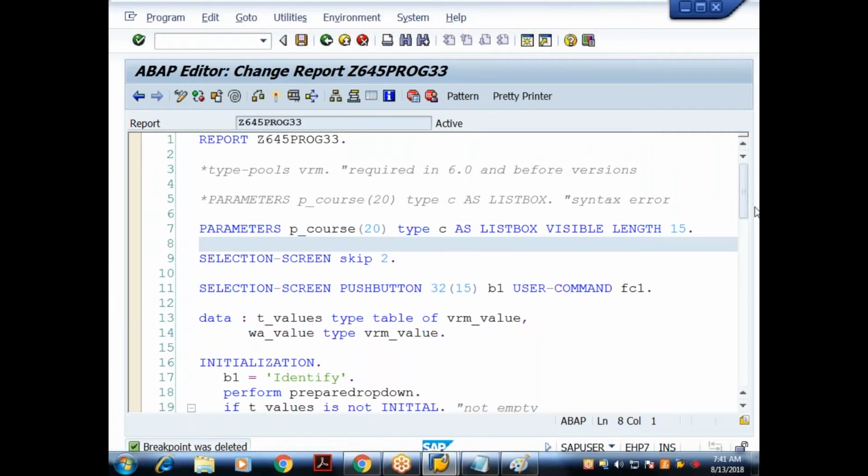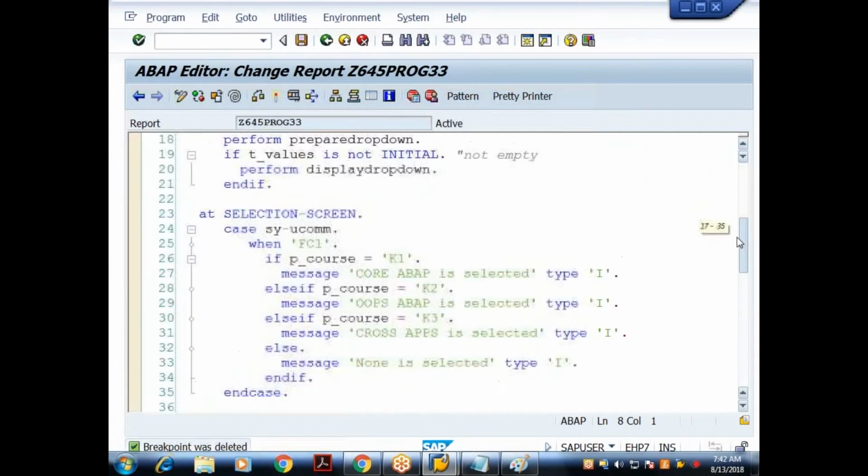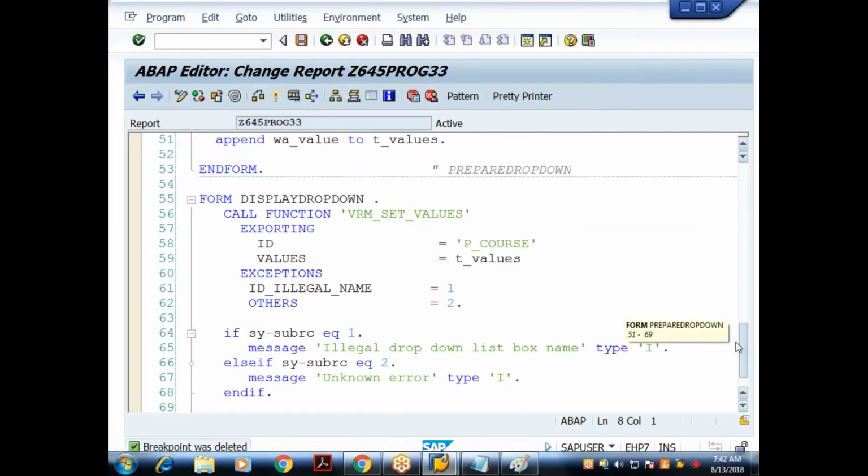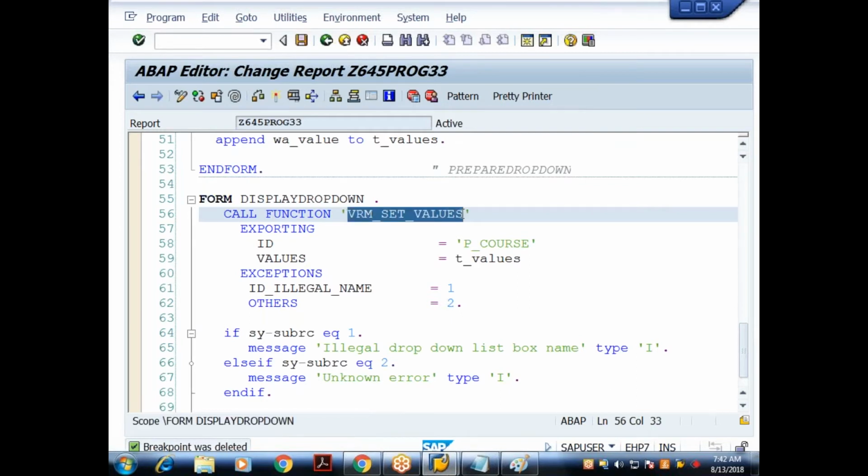We cannot use function modules blindly. We need to check the signature, understand the signature, and then pass the appropriate values to those particular parameters. From now onwards, wherever you get a drop down requirement in a selection screen, and going forward in module pool screens, the function module you have to use is what? VRM_SET_VALUES.